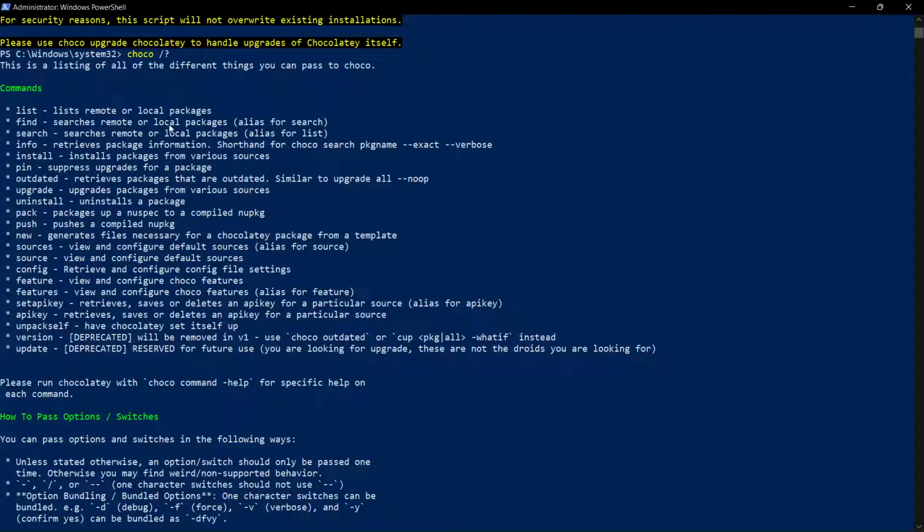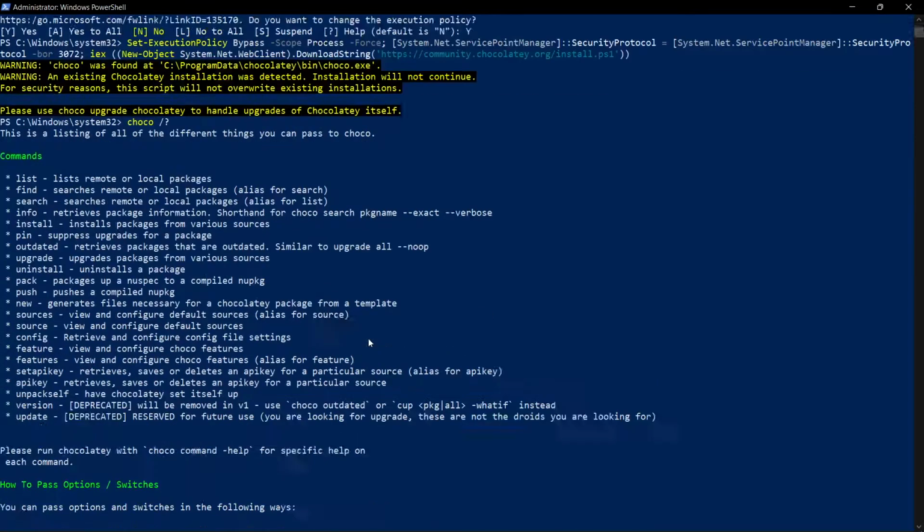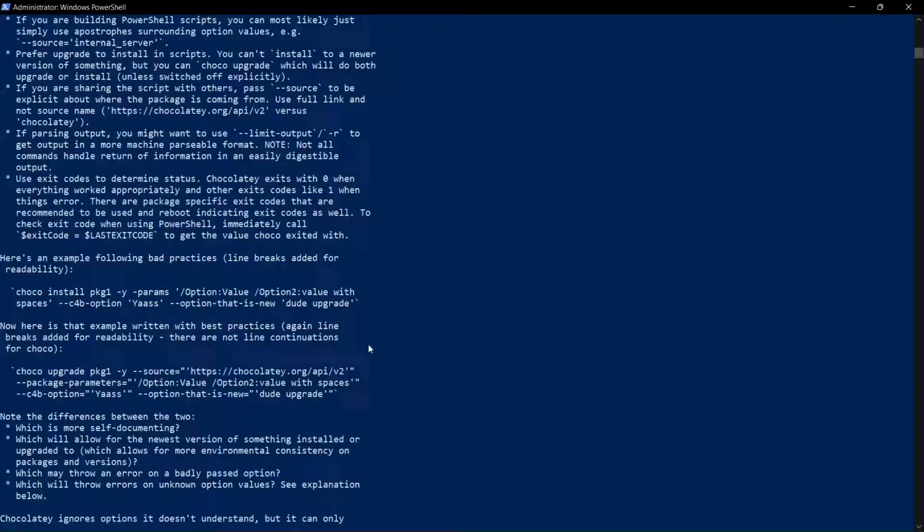Find searches a remote or local package. List lists remote or local packages. If you want to install anything, you will have to type install. If you want to uninstall something, you have to type uninstall. There are lots of commands that Chocolatey supports. In this video, we will not be covering everything, but if you want to see how it works once you have set it up,